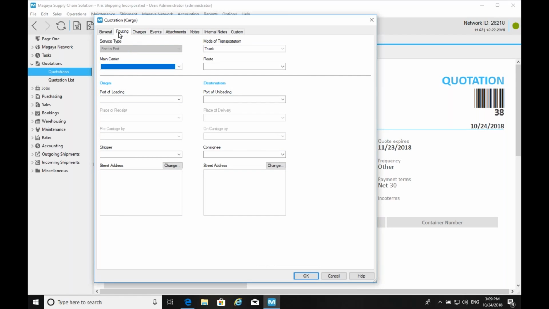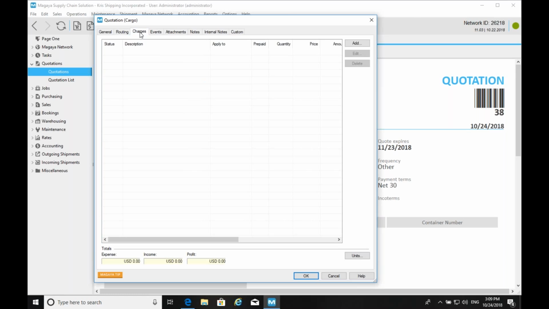So now what you notice on the routing tab is many more fields. So basically what we did here is that the quotation now syncs up perfectly with bookings and shipments. So you shouldn't have that happen anymore, where you create a quote, then convert it into a booking or a shipment, and still have fields to fill in because they didn't transfer over from the quote because they weren't filled there. So here, your port of loading, port of unloading, the shipper consignee data, mode of transportation, service type, even the carrier, all available on the quote.